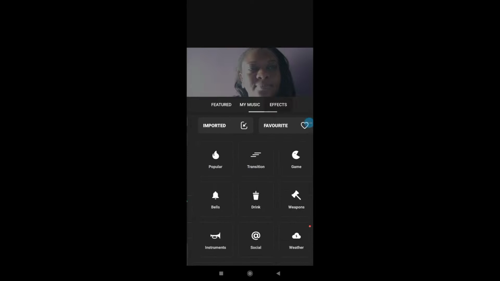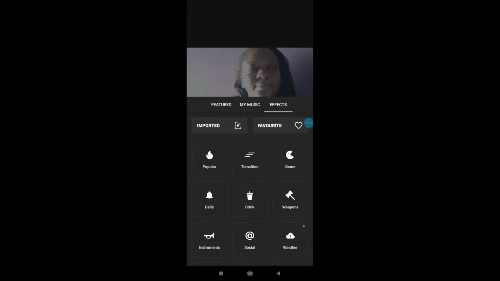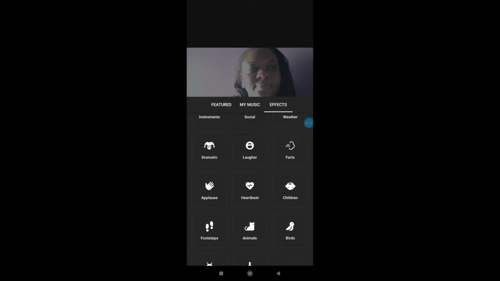Now you go to the effects. You have the effects. If you want an effect on your video, you go ahead and select whichever of the effects you want. Okay,